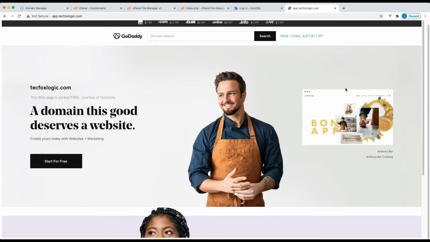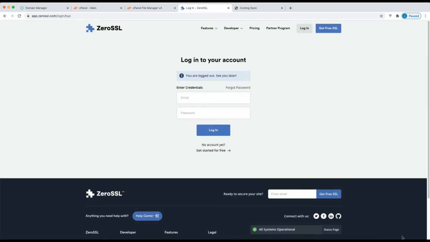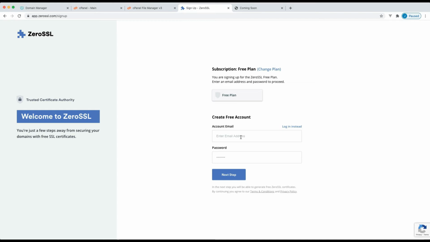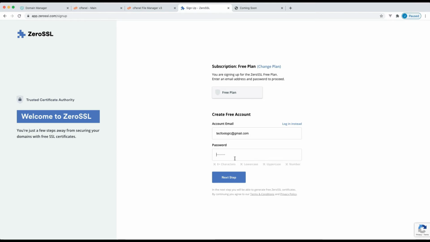Let's see how to install SSL for free. Go to zerossl.com and create an account here. Enter your email and password. Click on next step.